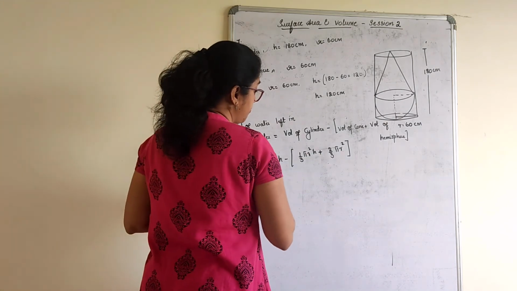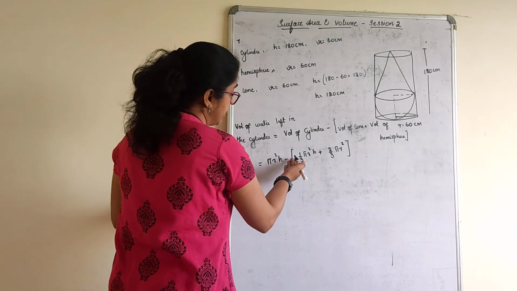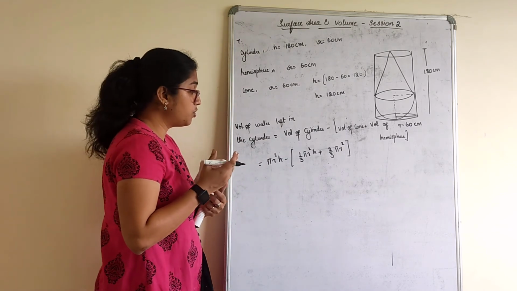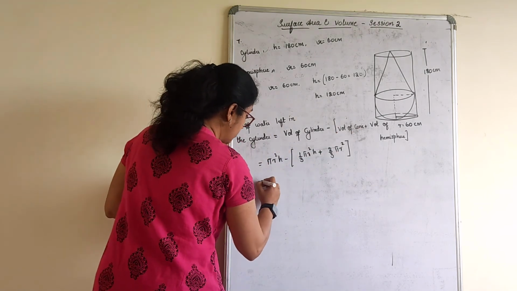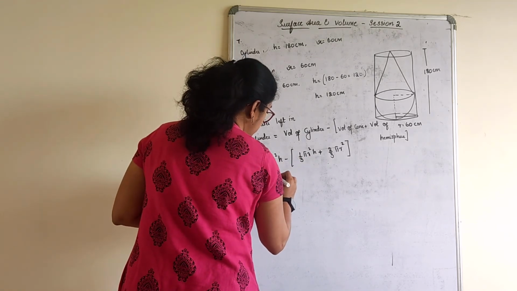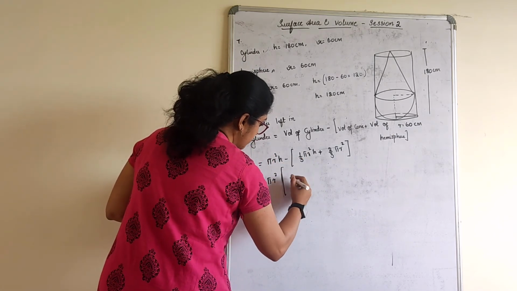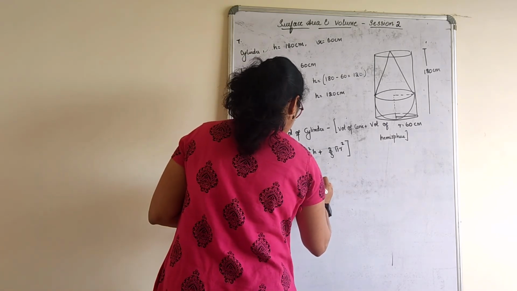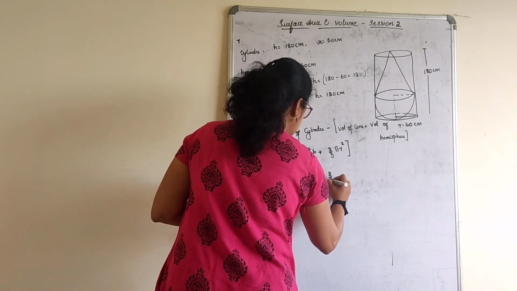2 by 3 or this 1 by 3 or r, somewhere if it is missing, you will go wrong with the formulas. Now see what best possible you can take common and do it here. Everywhere r is going to be the same thing. Overall you can take pi and r square common here. So I can just write pi r square, because h is only once here, will not touch. Pi r square, if I take common, what will remain here is h minus 1 by 3 h plus 2 by 3.